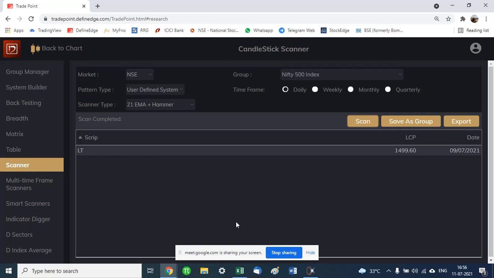But both have the same features, right? Both have the same features, yes. And that can work live, both of them, right? A desktop version is definitely live. Web version, I believe there are some restrictions. I think it gives end of day data.